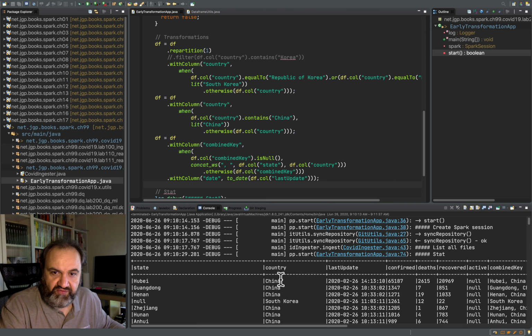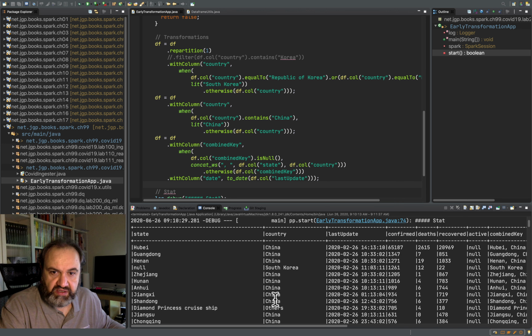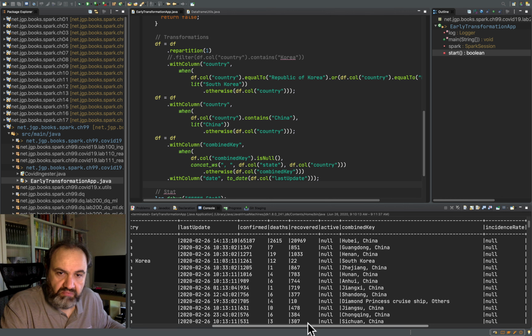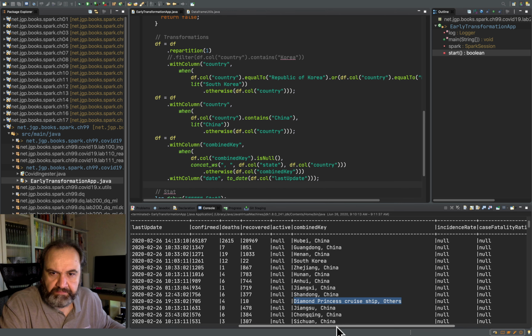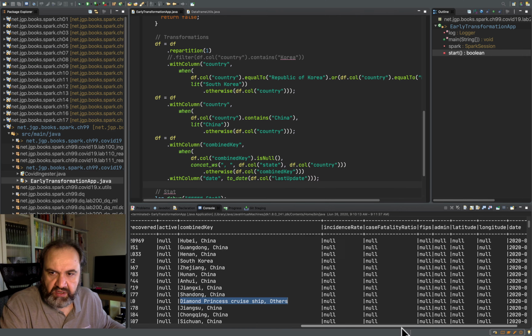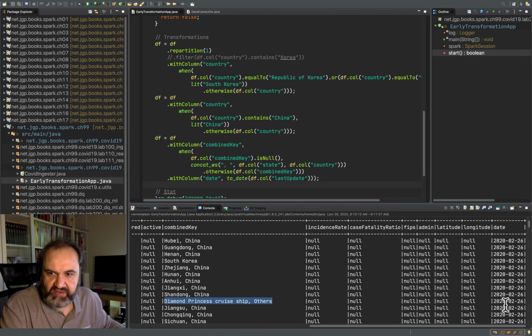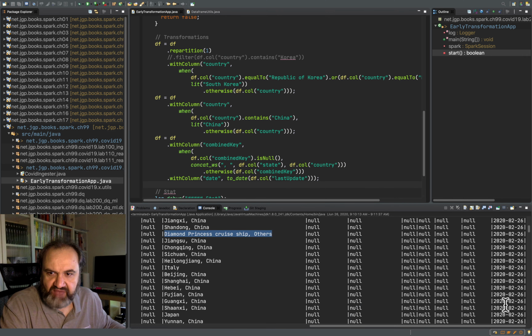I still have, okay, China, here it's, as we said, good. If I look a little bit further down the road, I see that everywhere I've got my combined key, and the combined key appeared after February, so that's good. I also have to process the case of the Diamond Princess, because this is kind of polluting a little bit everywhere. And you see that I've got my date. Okay, so I have my date now as a date, not as a date time, so I can later do what I want to do there.